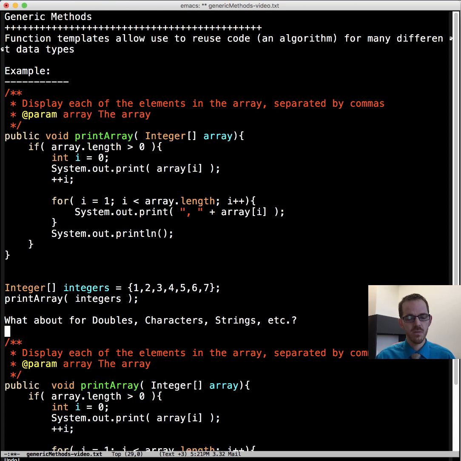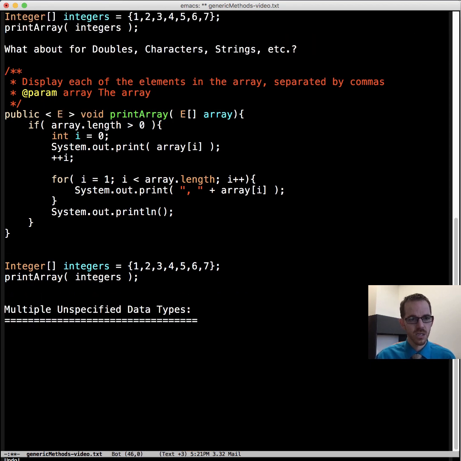And so we could have written, like, this is the same method. Now notice what we did. We replaced the type here with E and said, hey, this is a generic type. This is the unspecified type here. We specify that after public or after static if we have static, but before the rest of the signature, before the return value, we say, hey, this has a generic data type here. And then we specify it.